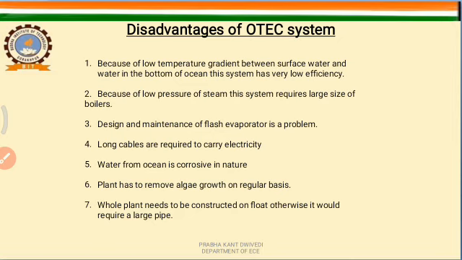And also, when the water is boiled in the boiler and converted into the steam, the saline water is desalinated, meaning the salt is extracted from the water. So this is another advantage of this system.